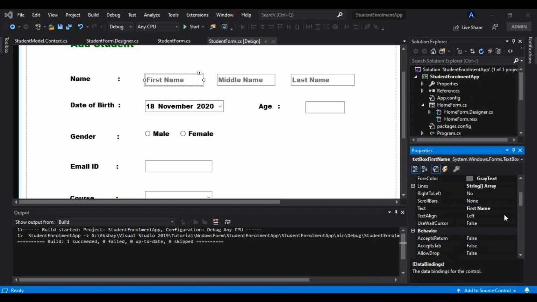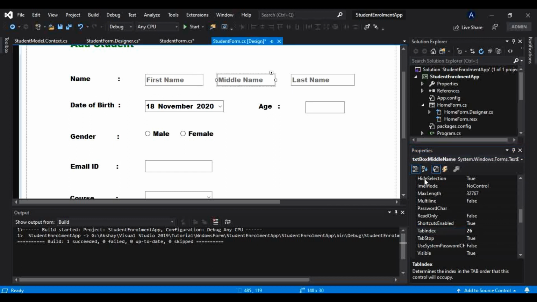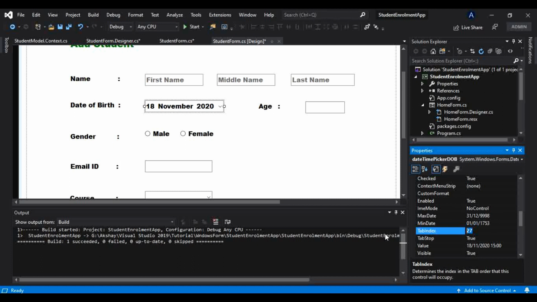Okay, so the tab index of this is 23. Let me make that 1, and similarly for this middle name it should be 2, for this last name it should be 3, and for this date of birth it should be 4.